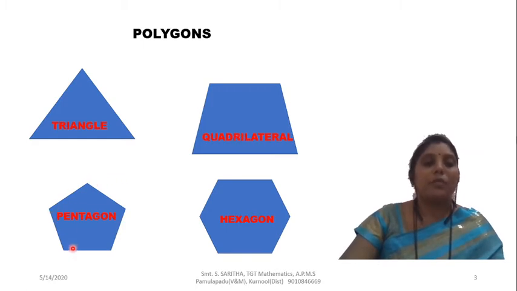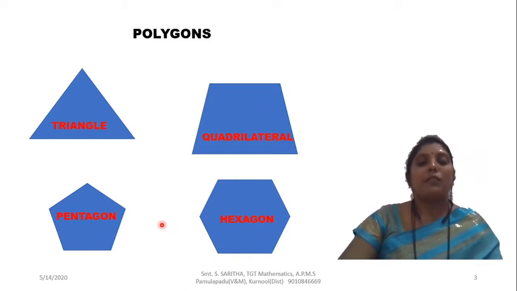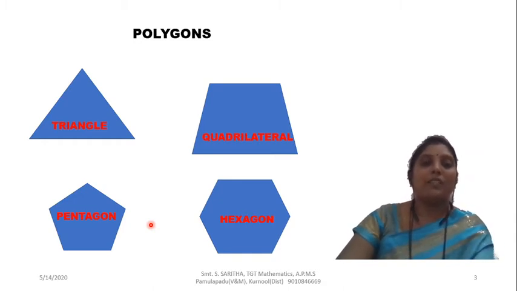A polygon formed with 5 line segments is called as pentagon. A figure formed with 6 line segments is called as hexagon. Similarly, a figure formed with 7 line segments is called as septagon. Polygon with 8 sides is called as octagon. Polygon with 9 sides is called as nonagon. Polygon with 10 sides is called as decagon, and so on. Here, in your 7th class, we are learning about a polygon formed with 4 line segments.